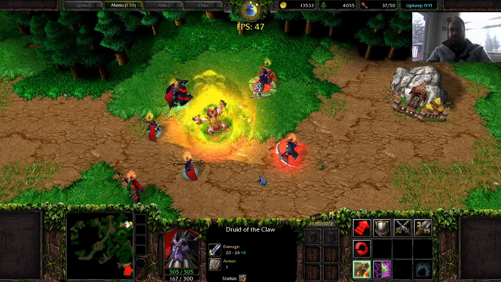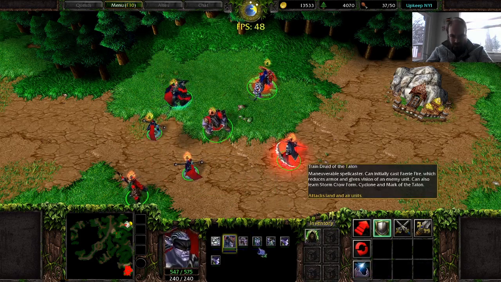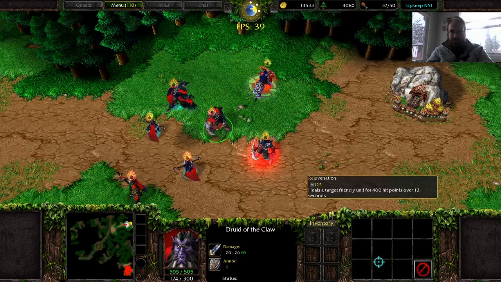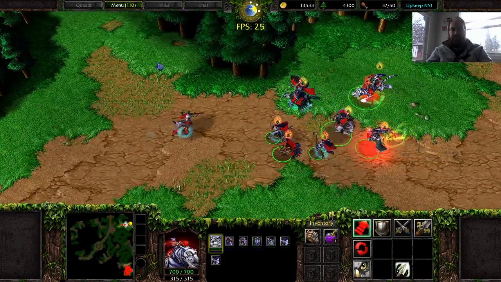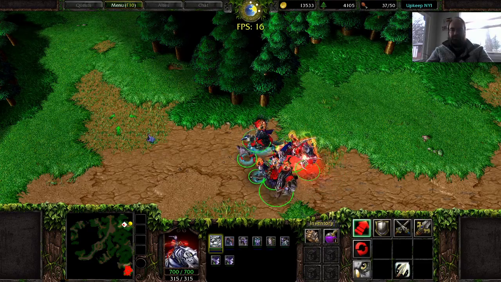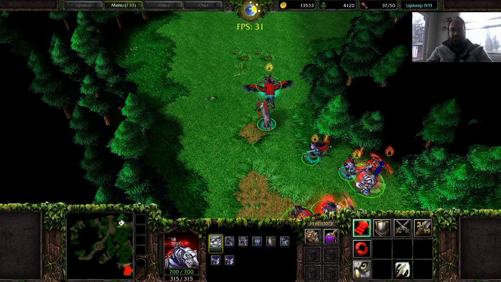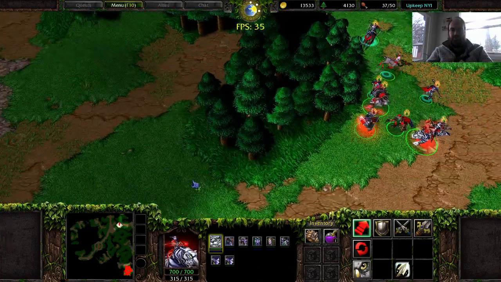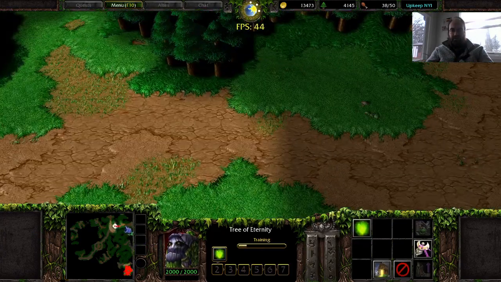How cool is this? He can use Roar. They all get Roar. I think the Demon Hunter is still not at full health, so he'd probably rejuvenate. Now this is obviously a waste of rejuvenation, but you can see how he was at 550, now he's at 575. So I think that's really cool. You know, we have these contributions to Warsmash and this really cool pull request,